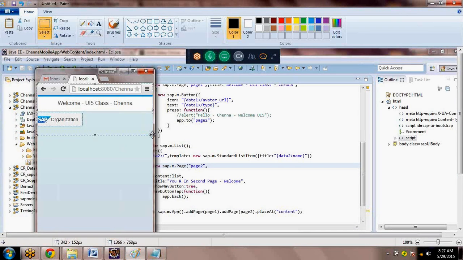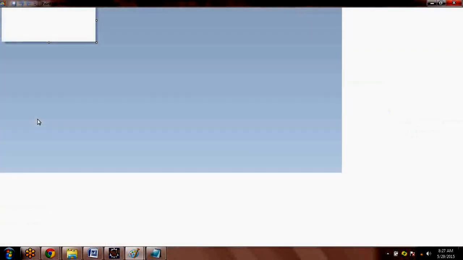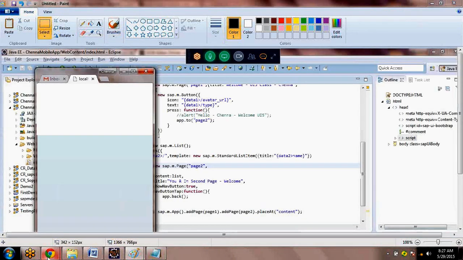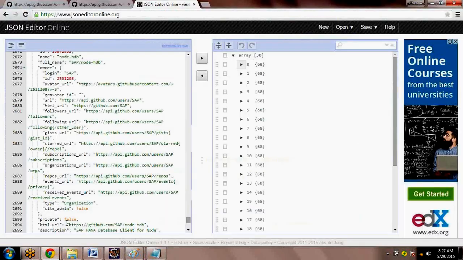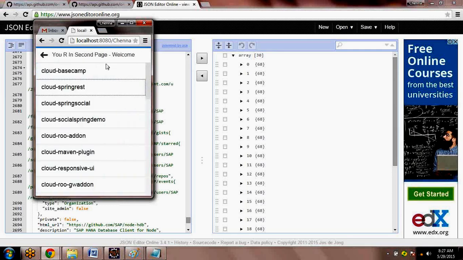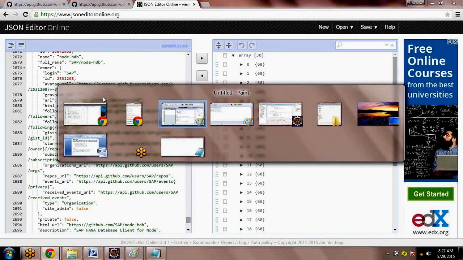Then the next thing: when I click on the next button, my names come out. If I click on the back, it will go back. And if you want to attach an event for this, you can attach it to the list. That's how you do the programming.